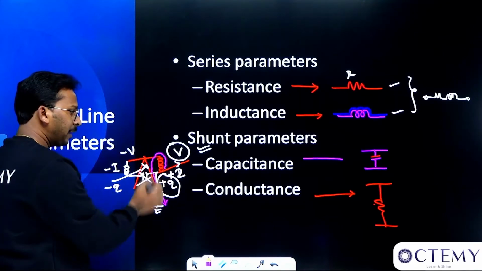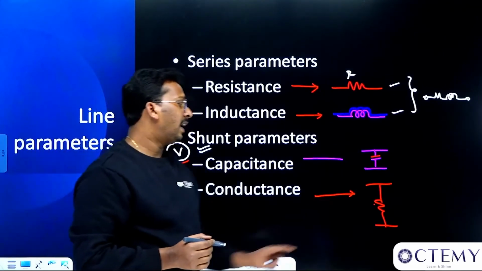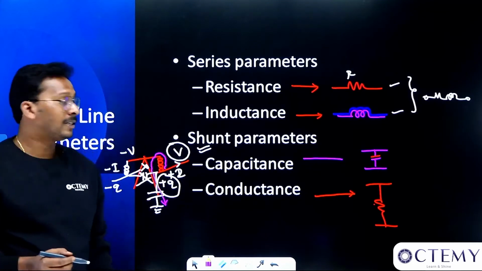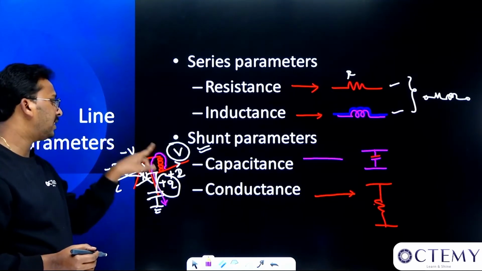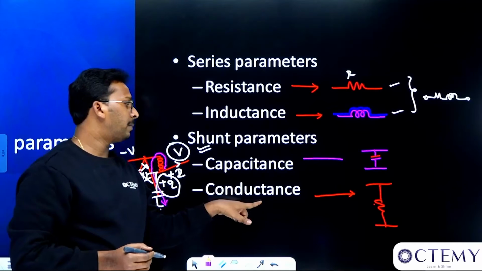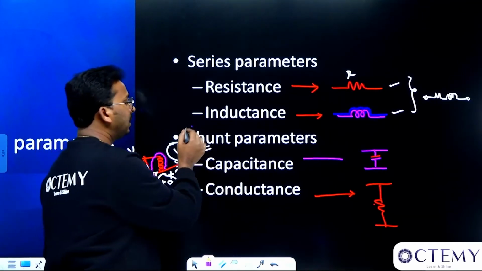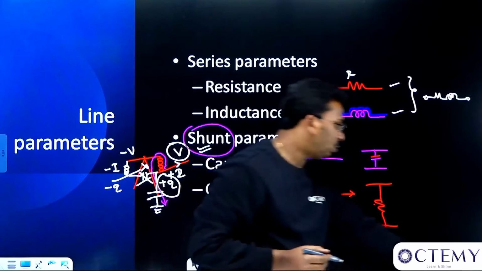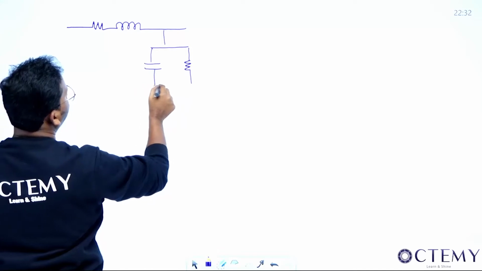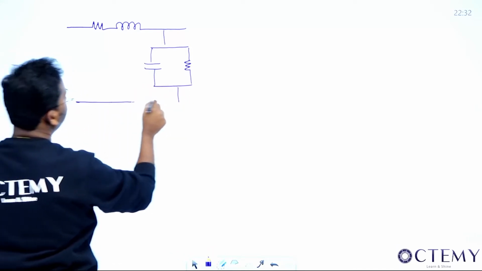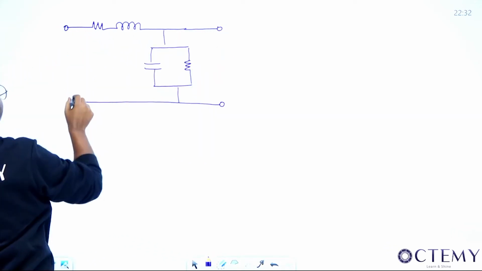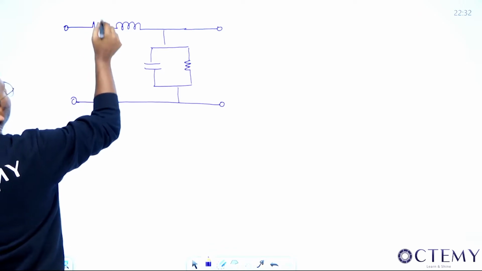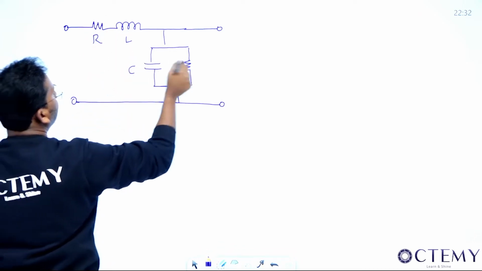Now again, this is with respect to ground, it will become a shunt parameter, and it also depends on voltage. Why it depends on voltage is, as the voltage becomes high, your insulator might fail and the current passage will become more. That's why this is also dependent on voltage, so it becomes a shunt parameter. So if I want to show a transmission line, see sir, how will I show the transmission line? The transmission line can be shown with the 4 parameters, namely resistance, inductance, capacitance and conductance. So this is the resistance, this is the inductance L, capacitance C and conductance G.